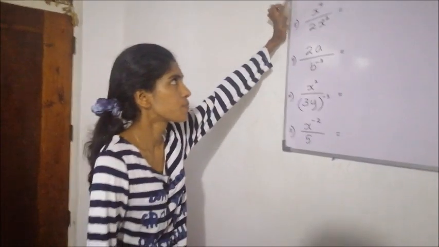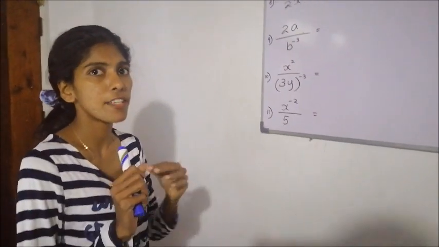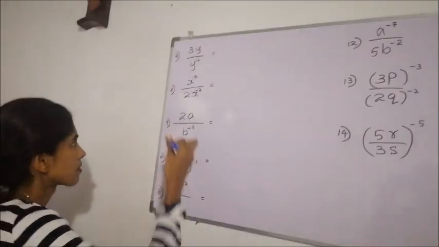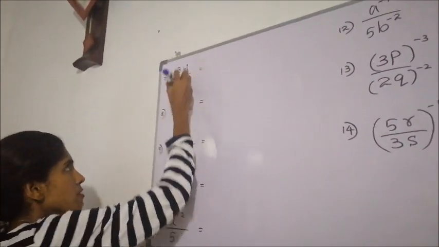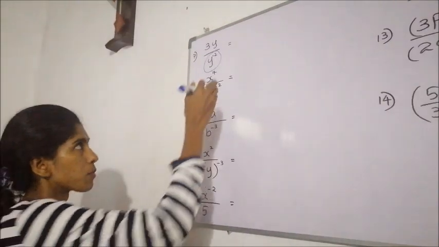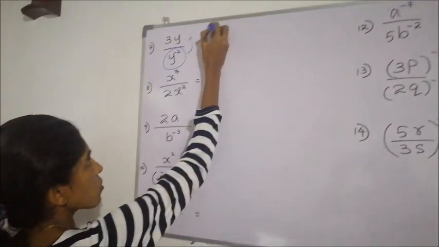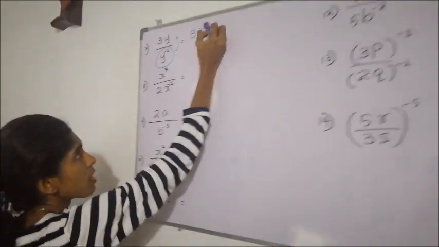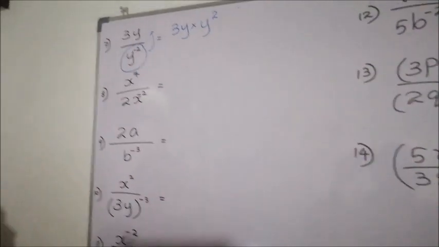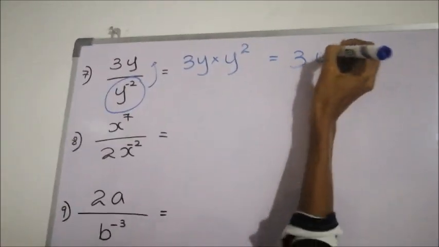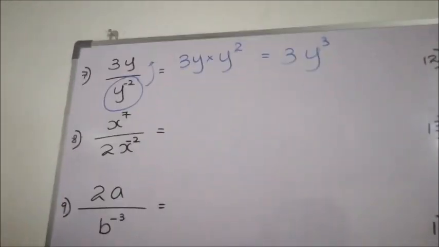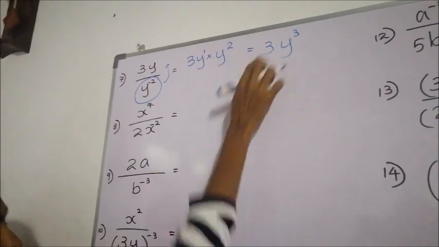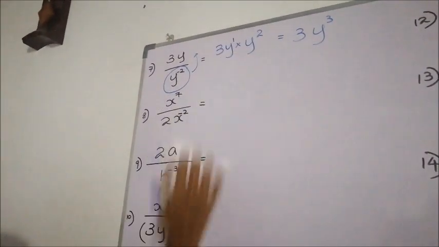Right, the next question. See, firstly you must identify what the negative powers are. This power has a negative index, so we will bring it up. Only that. So 3y, how do we write the relationship between these two? As a product. And y to the power 2. So our answer must be 3y to the power 3. Now you can apply the previous methods you have learned. Here y to the power 1. So altogether y to the power 3 when we add, because these two are multiplied.